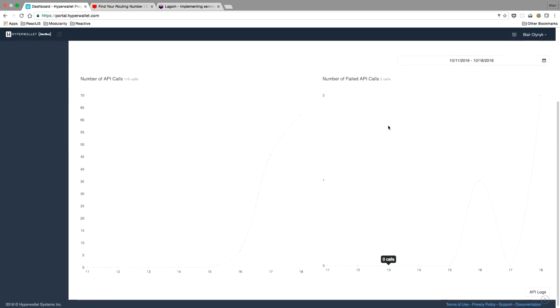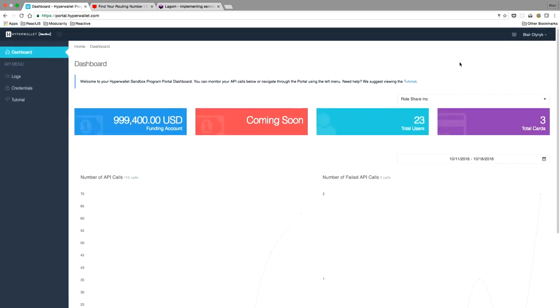And in addition to that, we've got a timeline down here which indicates the number of API calls that I've made over the last little while, as well as the number of 400 and 500 level responses that I've gotten back over the last few days. Now, this is very valuable information when you're trying to assess the health of your integration, so we made sure to put this front and center for you.